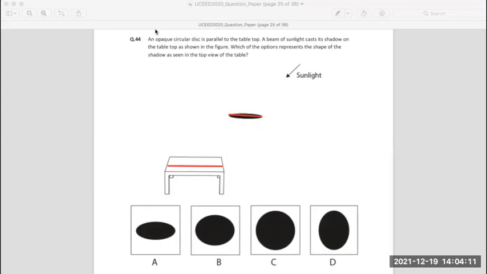That's why the correct answer will be the shape of the circular disc, since all those sun rays are falling at 45 degrees, and that's why C is the correct one. If it was at an angle, for instance, there is a possibility that your correct answer would be A. And we also have to look out which position it is placed in, which is a longer width, which is a shorter width.